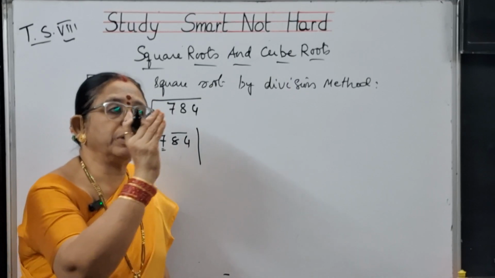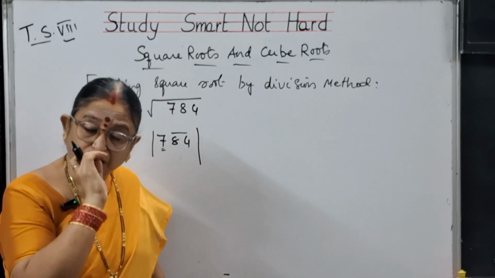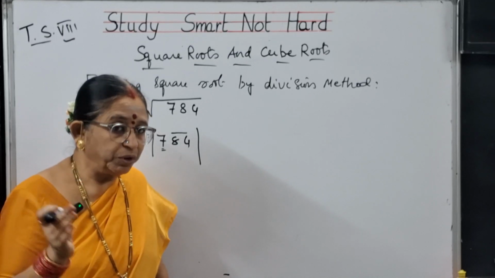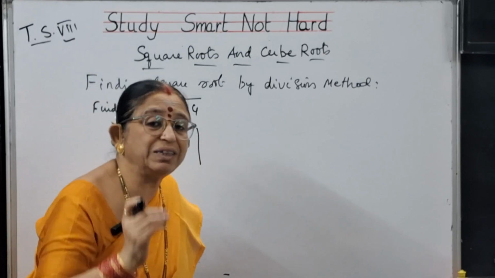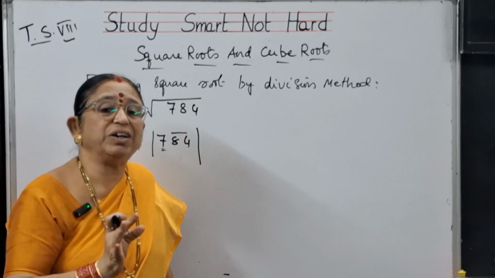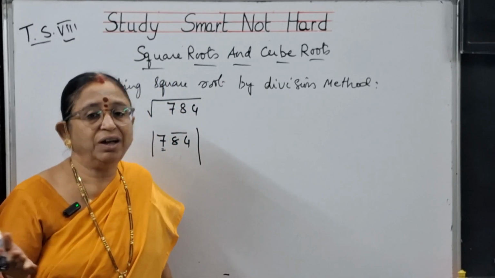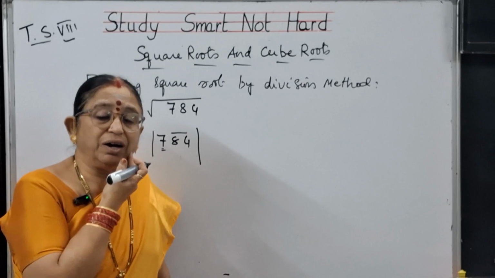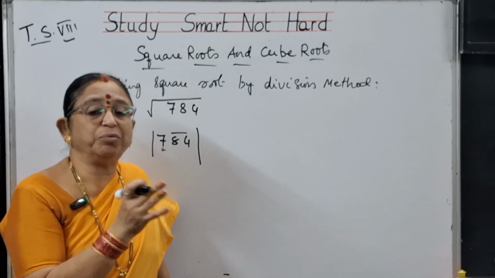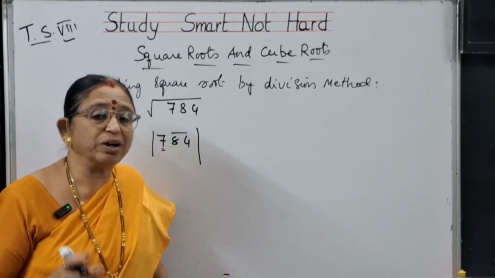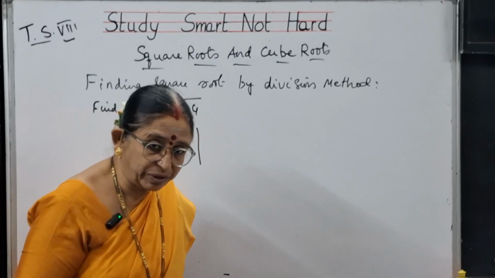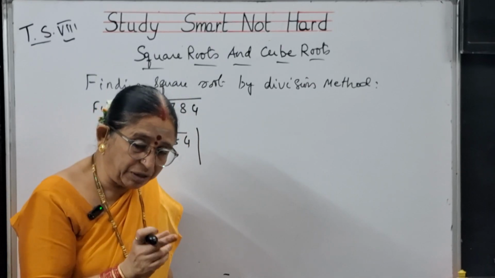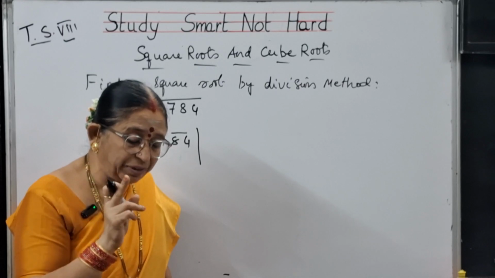That means if you are talking about 2, you should talk about 2 square, 2 into 2. If you are talking about 3, you have to talk about 3 square, 3 into 3. So your searching is only in squares, children. Not like earlier you have done, okay, 3 divided by 3, 3 twos are 6. No, not like that. In finding square roots for a number, remember one thing: